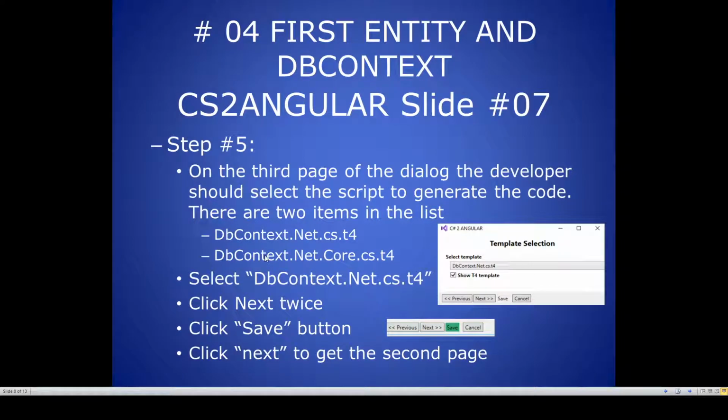Slide number 7. Step number 5. On the third page of the dialog the developer should select the script to generate the code. There are two items in the list: